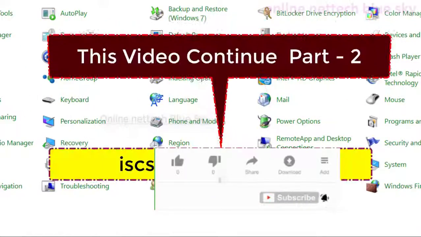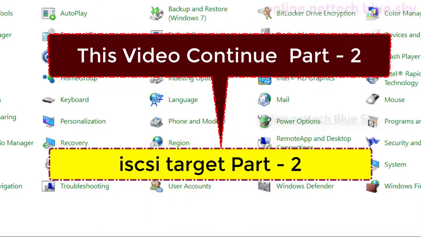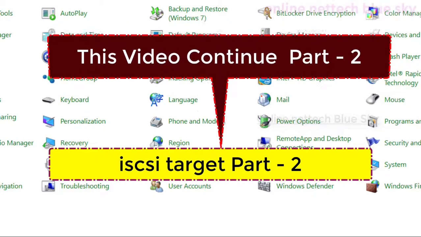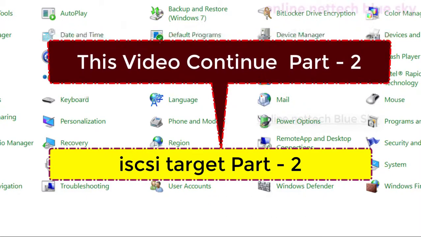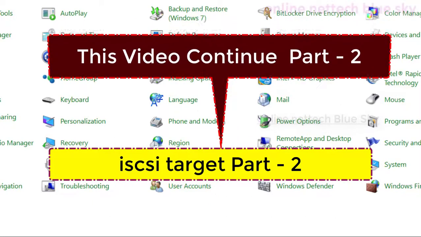So friends, this is video part one, complete here. I will show you in Windows how the iSCSI target works in a Windows Office system. Continue in the next video, part 2, to see how to complete these systems and how the iSCSI target works in iSCSI technologies. Different types of iSCSI targets you can set up here. This is one type of network storage, and you can access it from any site, anywhere, anytime.